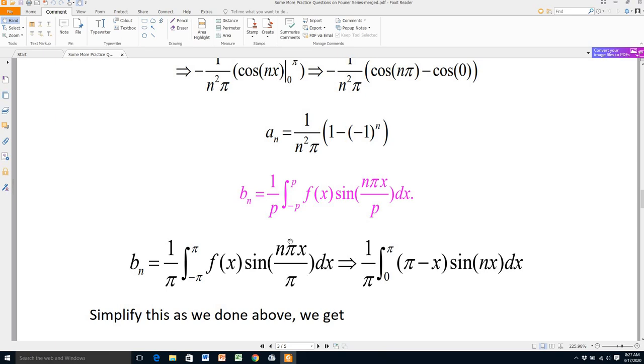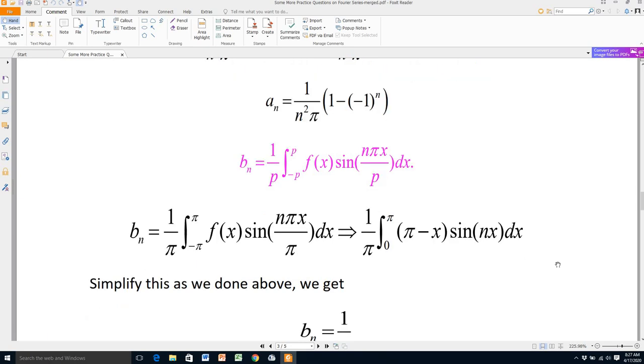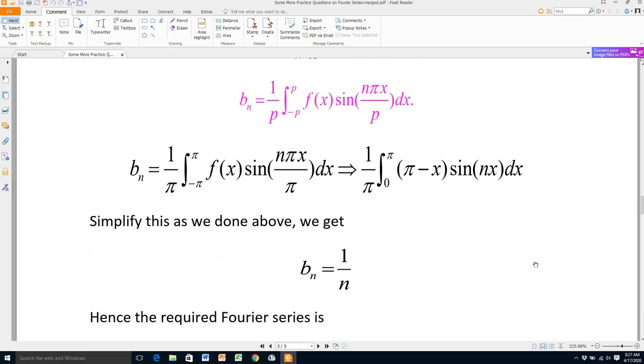And you know that from minus pi to 0, the value of the function is 0, so I am ignoring that part because it becomes 0, and I take the part which is not 0. So you see here it is from 0 to pi minus x sine nx. Again it splits into two integrals, and I am writing here, simplify this as we did above, we get